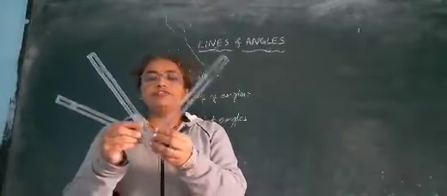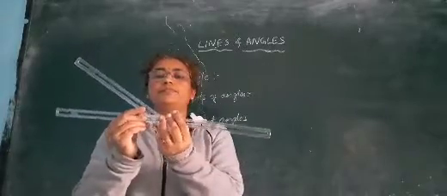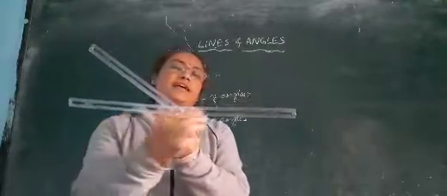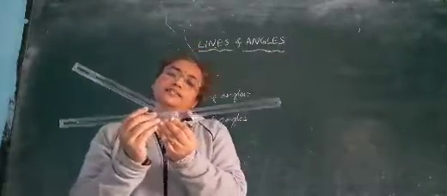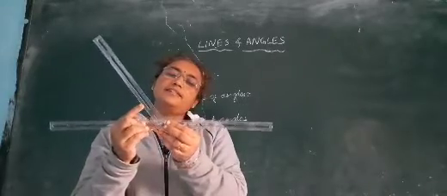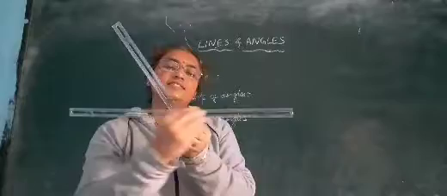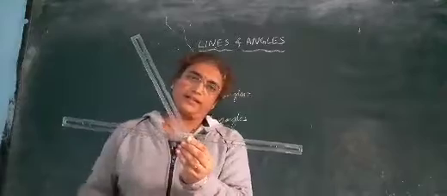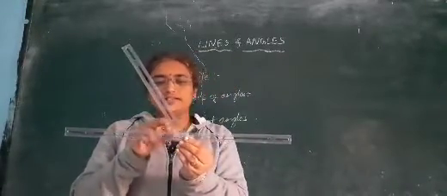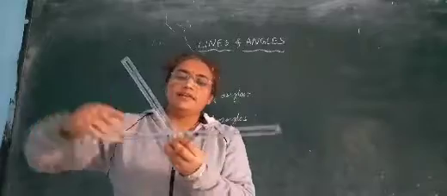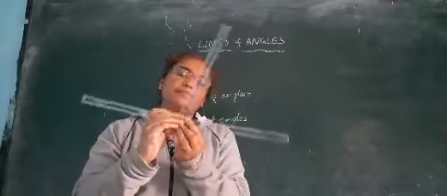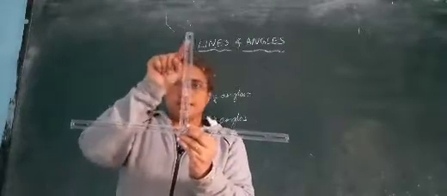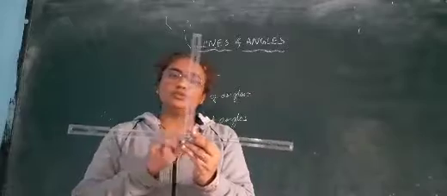Next, if these two lines make the straight angle, now this ray again divides this straight angle into two angles. This is an acute angle, this is an obtuse angle. You can call it anything. It is an acute angle here, therefore I have said acute angle. If it is like this, I would say both are right angles. Okay. So this line divides this straight angle into two angles, and